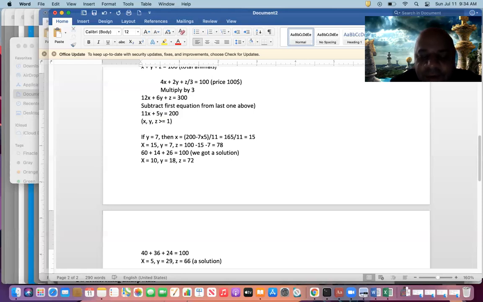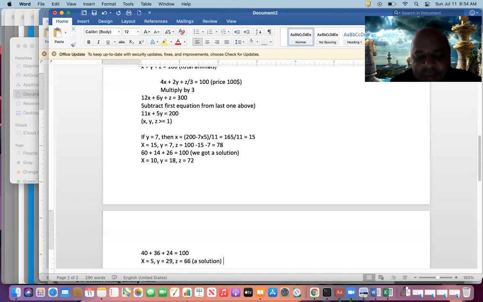And 11x is equal to whatever that number is, a multiple of 5. That is possible only if x is a multiple of 5, because otherwise 11 and 5 will not divide each other. They are prime numbers. So x will have to be a multiple of 5. A very good insight, Madhura. So that way you can just try out.